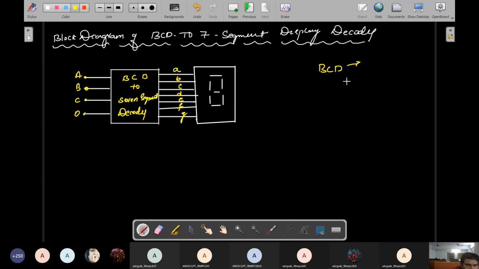Right now I'm not able to explain this concept because it is a very lengthy concept. So for now, simply learn BCD to 7-segment. Here BCD means we have 4 inputs actually. These are BCD inputs. You will have to memorize this theory a little, because this content is in our syllabus.